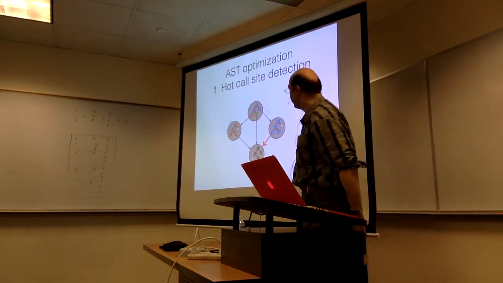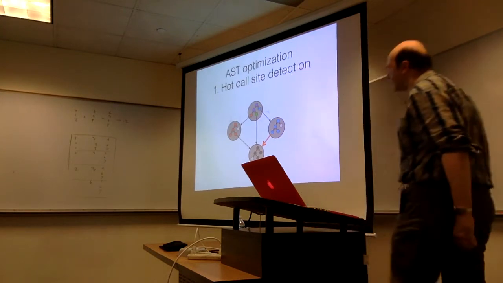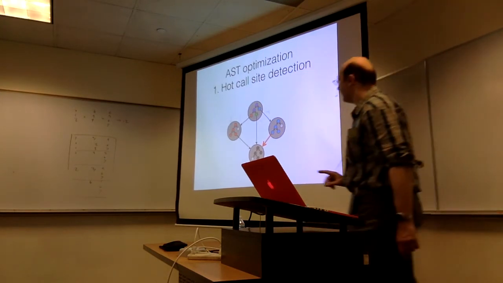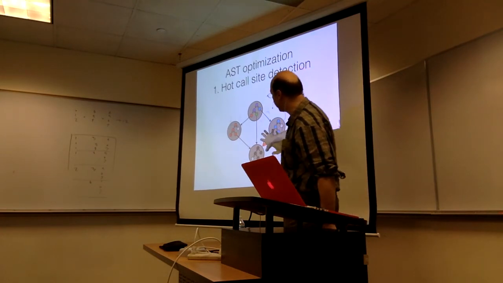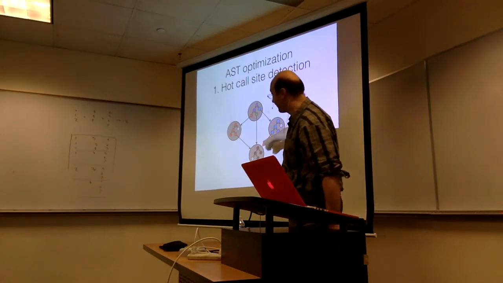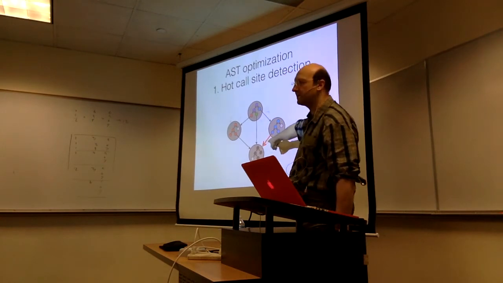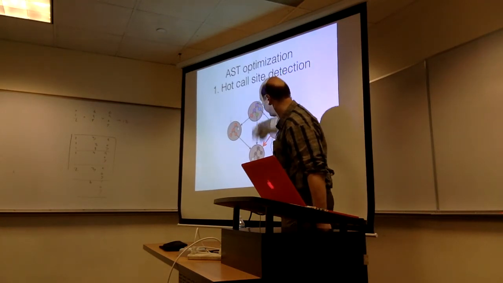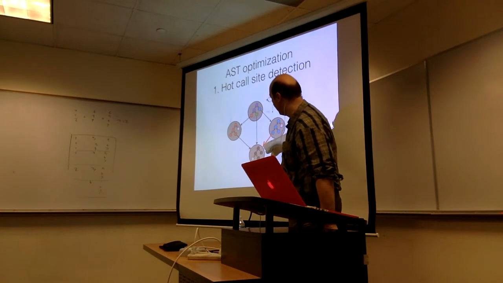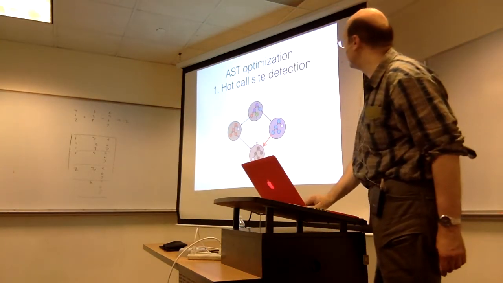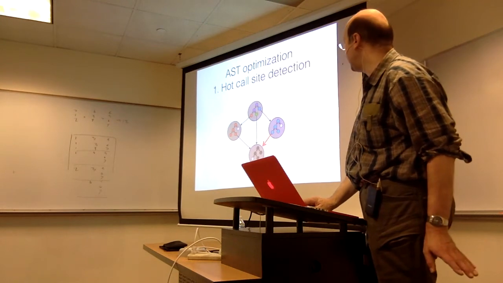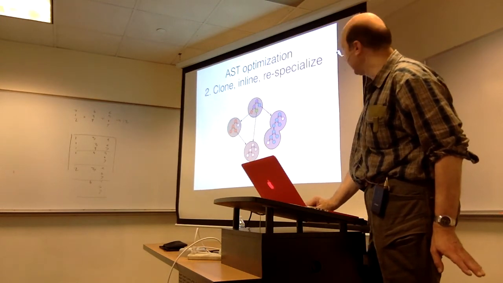And that would be a performance problem. But in fact, what the framework does is, because it's counting calls in the profiling, it will detect the case where you have a frequent call. So the red here indicates this is much more frequent than the other one. So this is the hot one, calling something that's turned into a generic node. And it will take that AST and it will clone it